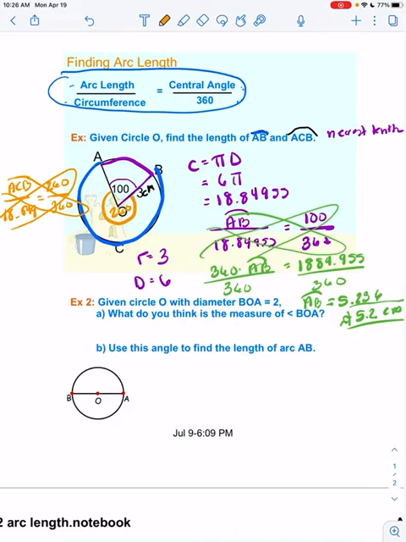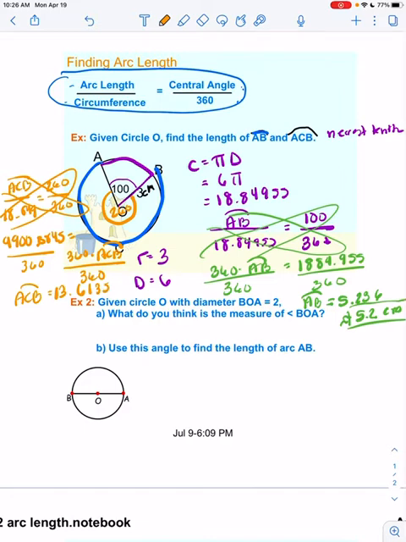I still have my circumference stored in my calculator, so I'm just going to scroll up to it. Multiply by 260. I get 4,900.8845 equals 360 times arc ACB. And then I'm going to divide by 360. And I get arc ACB equals